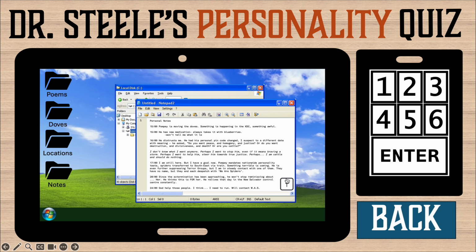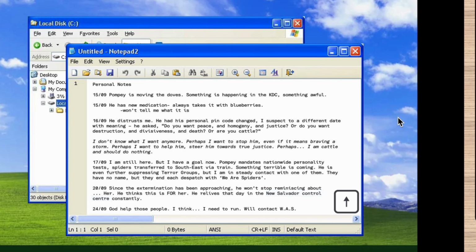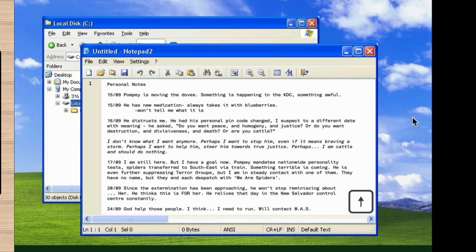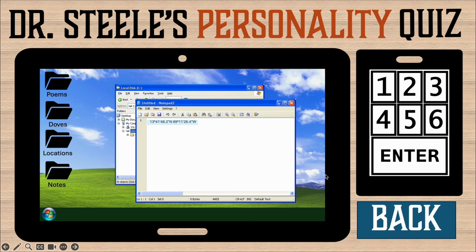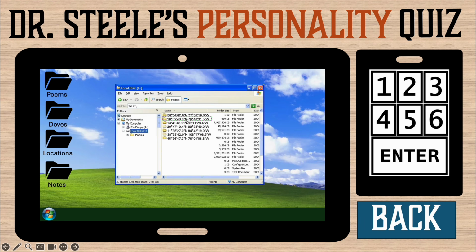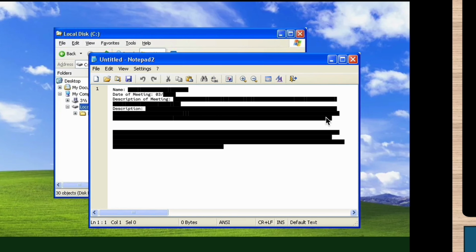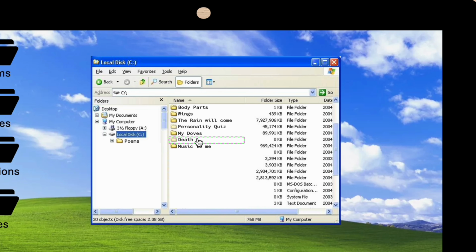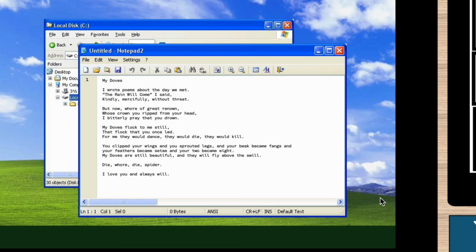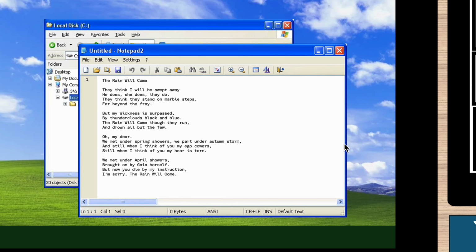In the personal notes file, it is implied that Steele met her in the New Salvador Control Center. Therefore, if we match the location listed in the locations folder, we can pinpoint which file is hers. Once we do that, we know the day part, the third. In the poems folder, there is a recently decrypted file called My Doves, where the first stanza mentions that he described the day he met her in another poem called The Rain Will Come. Clicking onto that file, we see that he describes their meeting as happening under April showers, so the date is